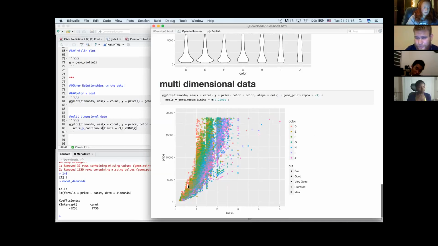The ones that are colored D are on average more expensive than the ones that are colored J. But then also, it looks like if you look around right here, at what's at the top, you've got little squares with X's in them, squares with X's in them. Yeah, there's a couple of triangles which aren't very high up, but then you've got pluses and some just squares. So this is mostly pretty good stuff, and for the same carat, it looks like the higher quality cuts cost more. And then down here it's mostly circles, because the lower quality cuts just cost less. And so there's a lot that you can find from the data just in this one beautiful graph